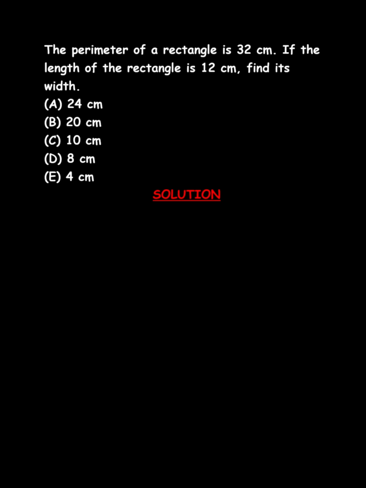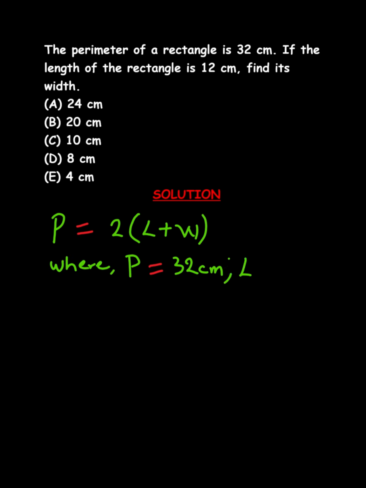The perimeter of a rectangle is 32 centimeters. If the length of the rectangle is 12 centimeters, find its width. Solution. Know that perimeter of a rectangle equals 2 times length plus width, where perimeter equals 32 centimeters and length equals 12 centimeters. Substituting, we have 32 is equal to 2 times 12 plus width